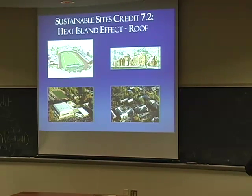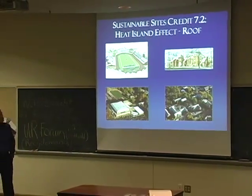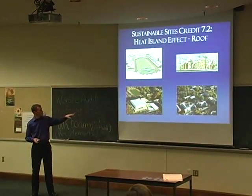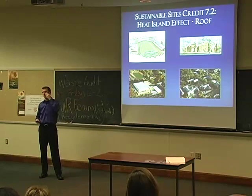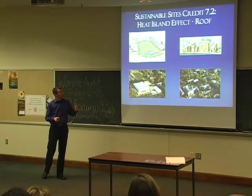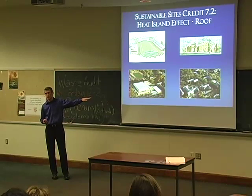Okay, heat island effect, we already discussed briefly what it is. Since neither one of the buildings that we're talking about is finished, and you can't gaze upon their roofs, we don't have any photographs of them, we had to find some analogs on campus. So we're going to look at the rec center roof. We're going to look at pretty much every other roof on campus, the steeply pitched slate roofs. So the criteria for this credit is for a flat roof or a very shallow pitched roof,